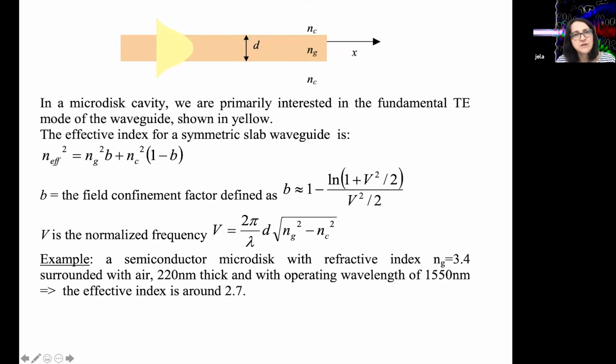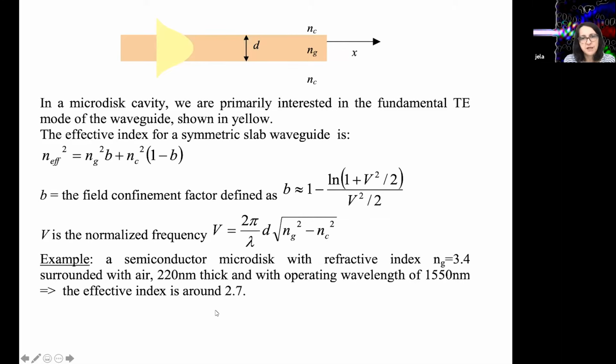And if you are interested in the same disk operating in some TM-like mode or a higher order TE-like mode, or at a different wavelength, you will have to recalculate the effective index. And keep in mind that these equations only hold for the mode that would vertically have this particular profile. Okay, so we'll go back to this effective index of 2.7 again today when we're solving for the whispering gallery mode